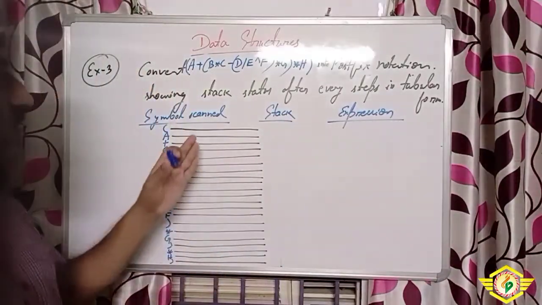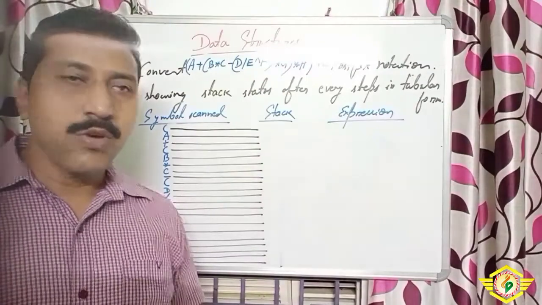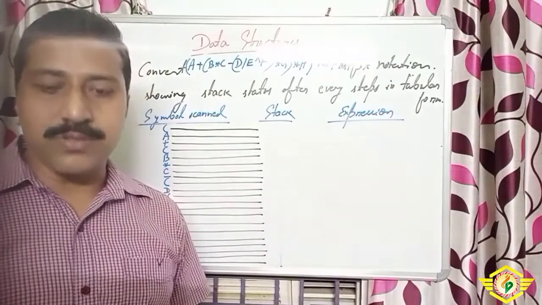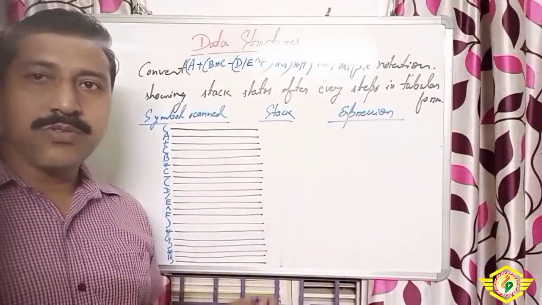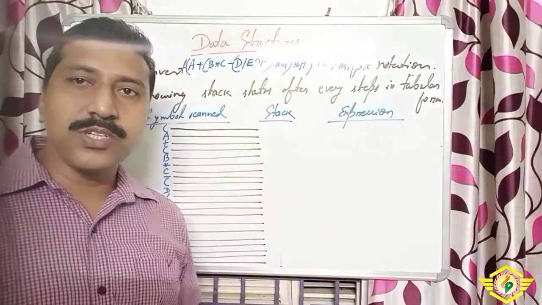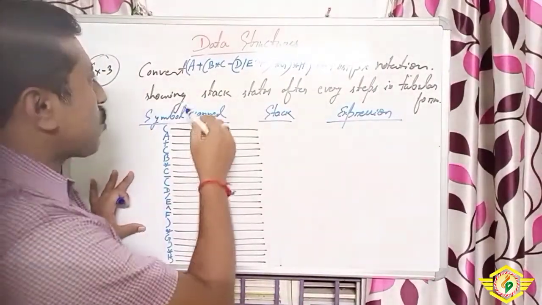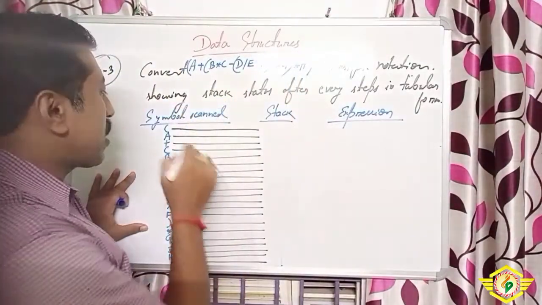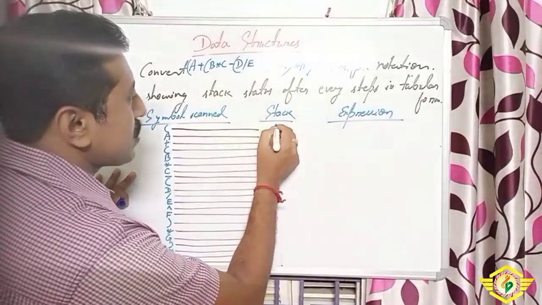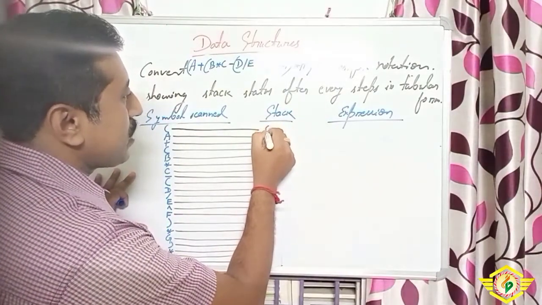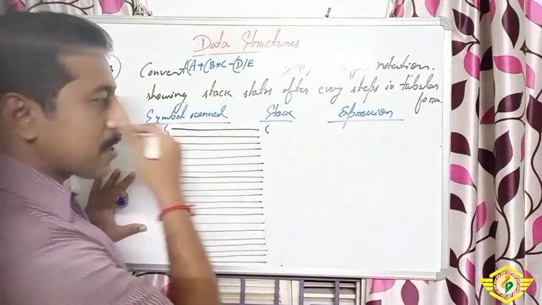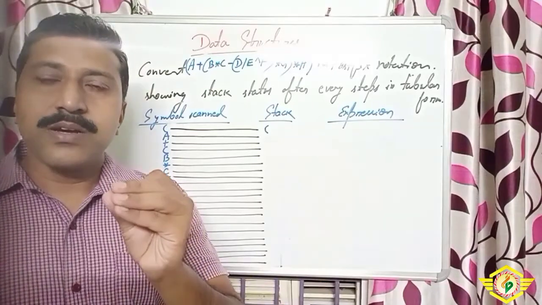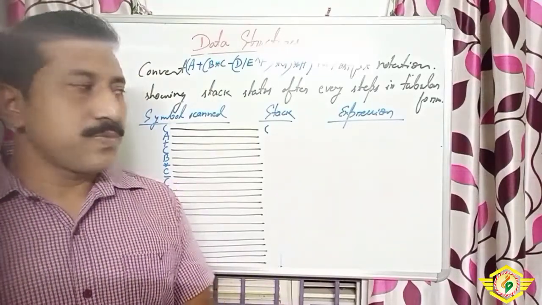Okay, so first, in tabular format, we'll make 3 columns. One is the symbol scanned, another one is the stack, and another one is the final expression. So I'll show you one by one. Minutely try to observe it and accordingly we will solve it. First, all the symbols, one by one, we will scan here. First I have scanned the bracket, so in the stack method here we will write the bracket. And in the expression nothing is there, because in this case we'll write only the alphabets along with the expressions and the operators that have been shifted.